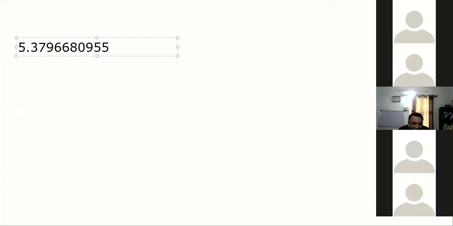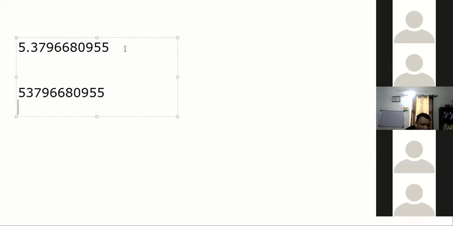I'll wait, settle down and tell me. Slesha, you said irrational, then you said rational. Which one is right and why? Because it is terminating. That is the point, guys. See, guys, there are no dots here. It is terminated. Terminate कर दिया तो फिर problem ही क्या है? So if you have to write this in the form of fraction, बहुत simple है. Decimal हटा दो तो बन गया 5379668095 by उतना decimal point लगा दो या उतना 10 लगा दो पावर. कितना है? 1 2 3 4 5 6 7 8 9 10. 10 0 लगा दो.